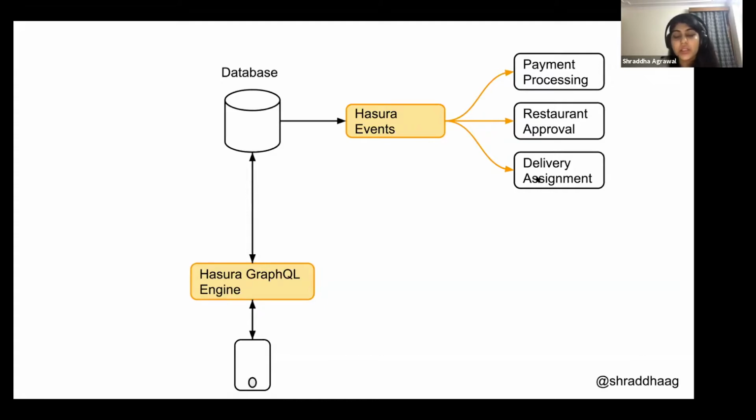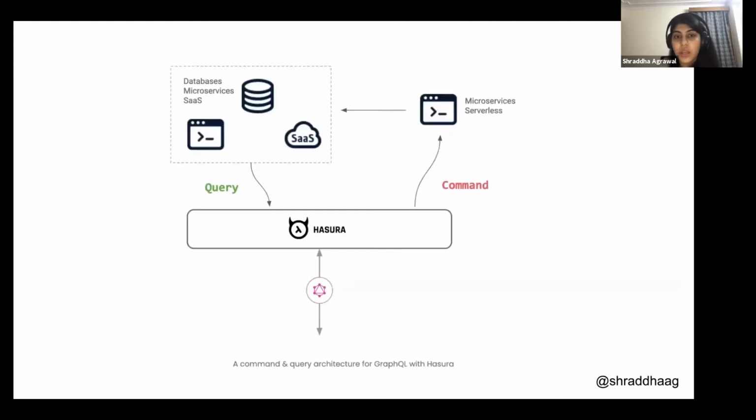Now, to summarize this architecture in more general terms, when a client gives a query to Hasura, Hasura delegates all the data and the business logic that needs to be done to the respective microservices or serverless functions, and they carry out the business logic.